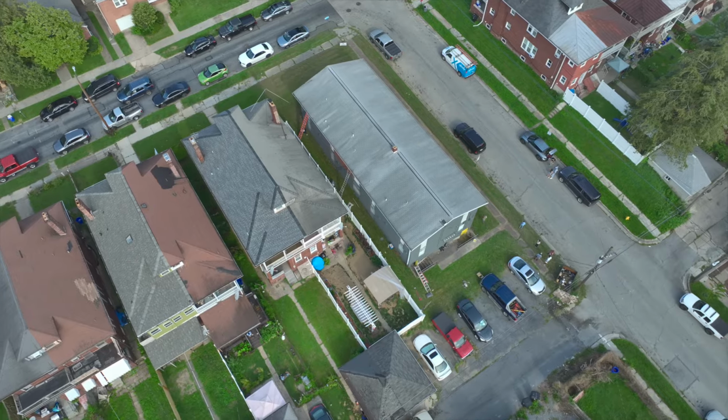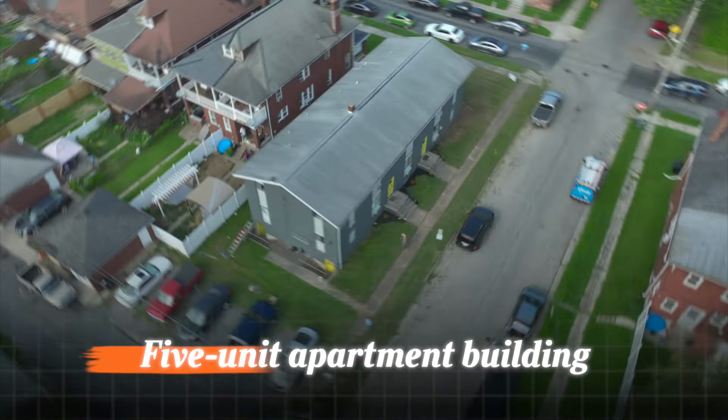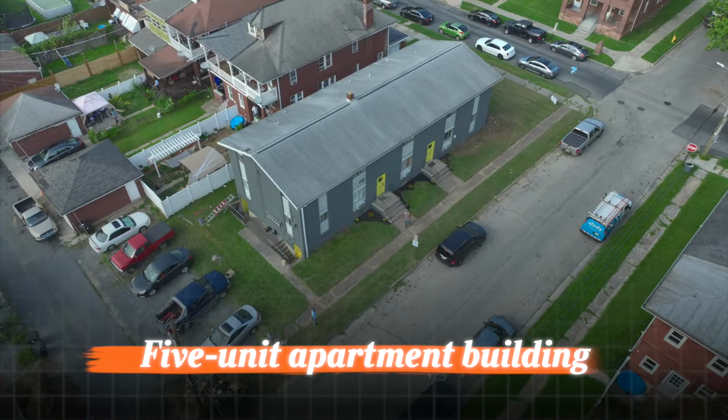Usually everyone buys rental properties to hold on to them forever and cash flow each month. Well, not us. We decided to sell our 5-unit apartment building that we fully renovated and got some solid tenants in place. So here's the story of how we bought a 5-unit apartment building for